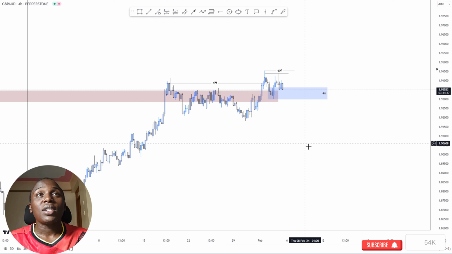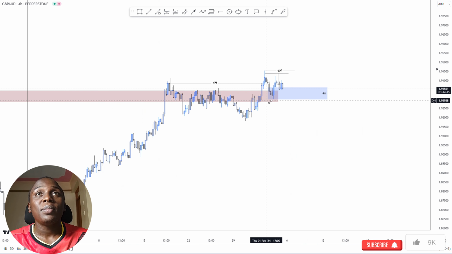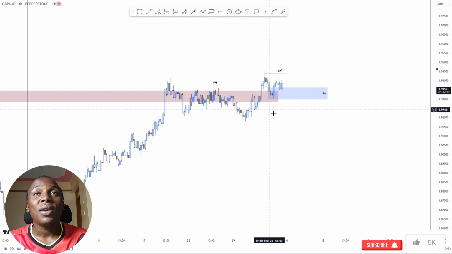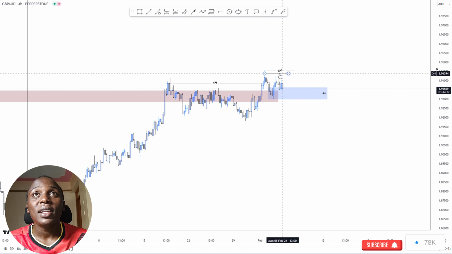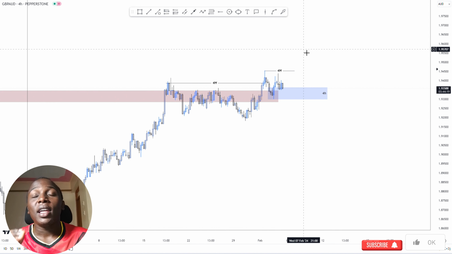Looking at the recent price action, we can see that on the 4-hour time frame, the daily resistance zone has been broken, and the setup for this week will be waiting for a 4-hour candle close above this 4-hour range right here. So I'll be waiting for a 4-hour candle to close above this point, and from there I can use the demand that led to the break of structure, and that will be my point of interest. I'll be looking to